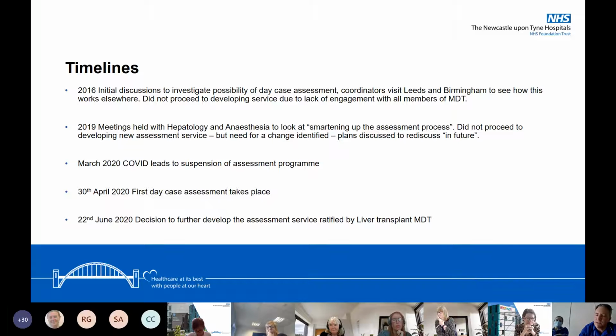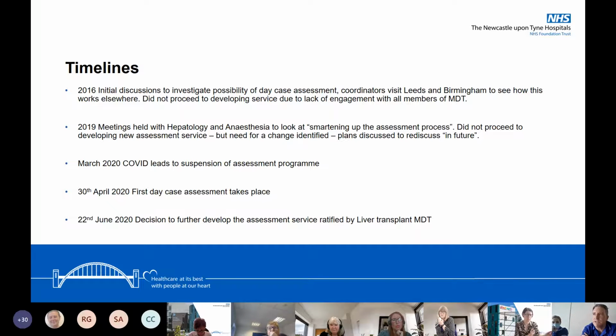Leeds, because their assessment programme was around about the same size as ours was in 2016. And it was very close. We've got very good links with them. And Birmingham, because they're the biggest liver transplant centre in the country, and so they operate a much broader system than ours. So we went to have a look at them, but we didn't go on and develop a service